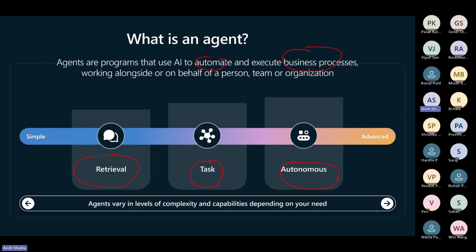I want my income tax to be autonomous, which means that if 100 users are filing their tax, it immediately goes to the individual approver, which is predefined in your Dataverse or maybe in SharePoint.